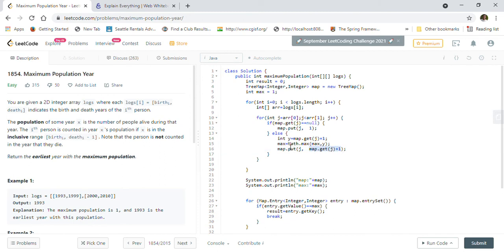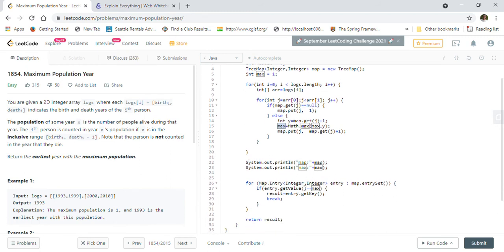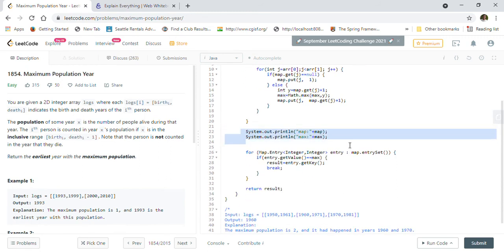But before that we check if the entry that we have in the map is a maximum. We compare it with the maximum and update our maximum with the entry, right? Y plus 1 means we are getting the value from the map and adding 1 to it, and we are calculating the maximum. So we are tracking what maximum we are finding, right? And here I am just printing it to show you, then I will remove it after that.